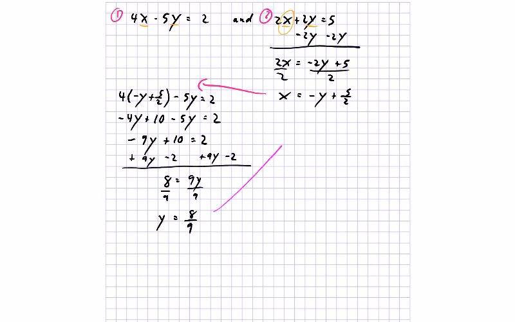Take that result and substitute back into equation 2, or the simplified version of equation 2 where I've solved for x, and I can now say that x should equal the negative of 8/9, which we determined was y, plus 5 halves, so that is a 9. And now let's go ahead and write x. We need to get a common denominator of 18, so we get negative 16 over 18 plus 45 over 18. So 45 minus 16 gets us to